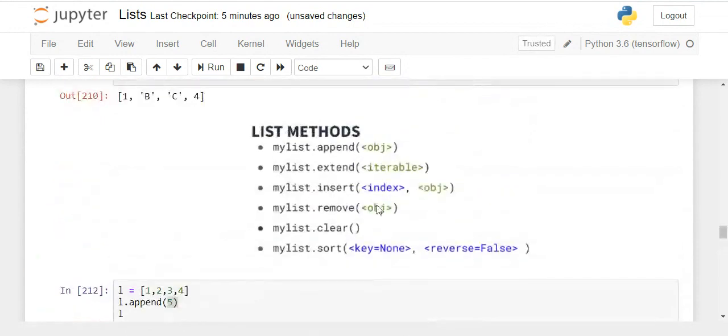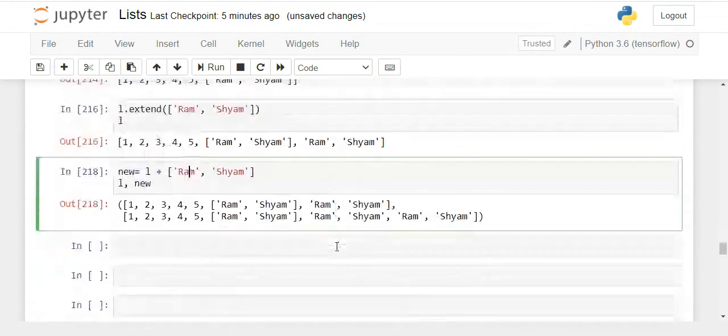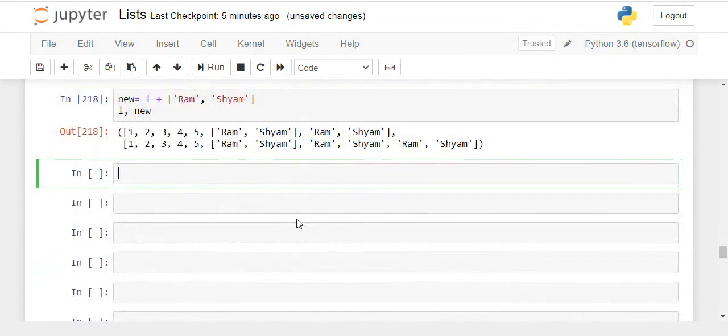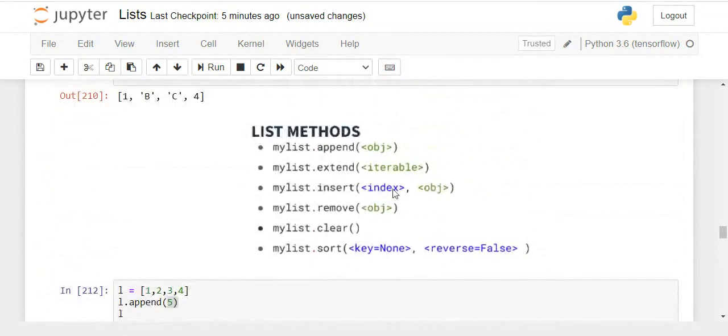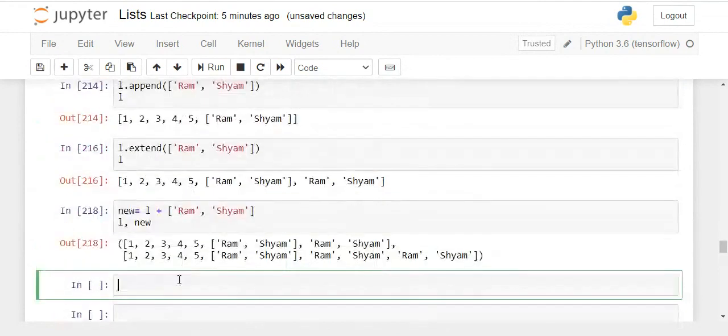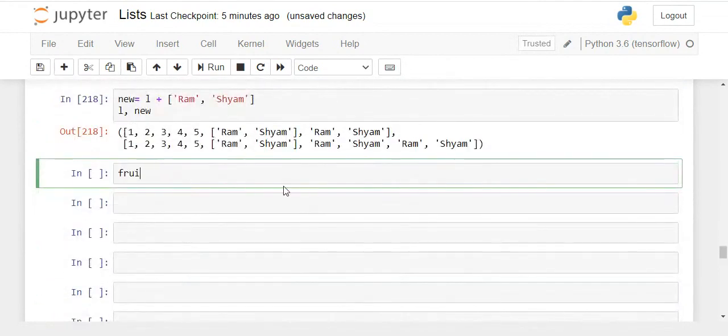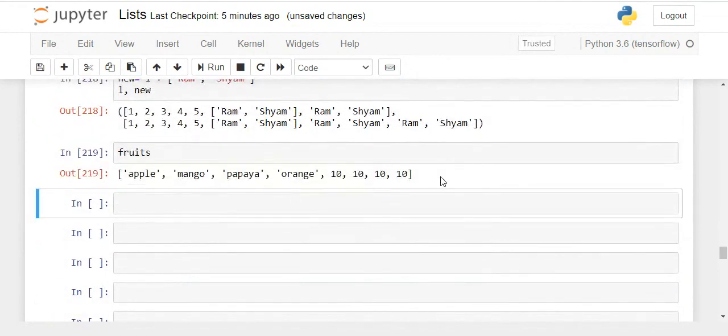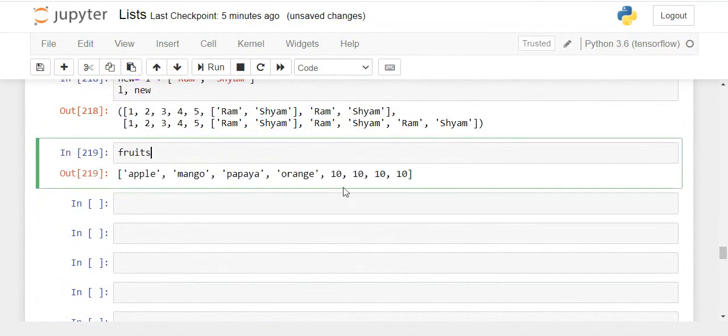So next we'll talk about insert, remove, clear. If you talk about insert, as the name suggests, if you see the syntax also, it is asking for an index and it is going to insert an object at an index. So let's say we have the same fruits list, and this 10 is already there. And if I want to insert a particular element at this position, what do I have to write? fruits.insert.